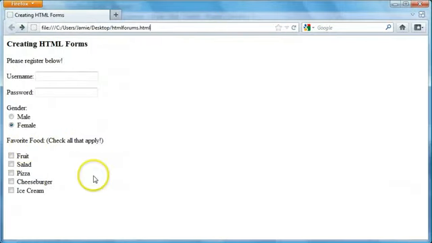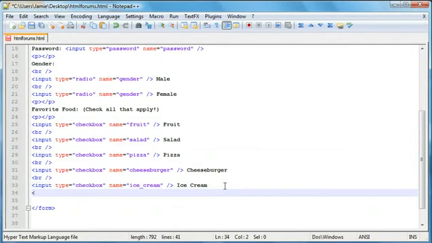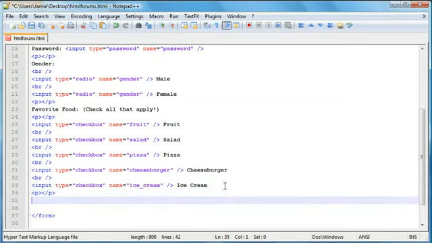Come over here and refresh, and here's our 5 options that we're going to be having for this registration form. The last thing you're going to need to add for this form is a submit button, so that the user can actually tell the browser, I'm ready to send this over. So we're going to do some paragraph spacing there, and we're going to say input type equals, name equals, value